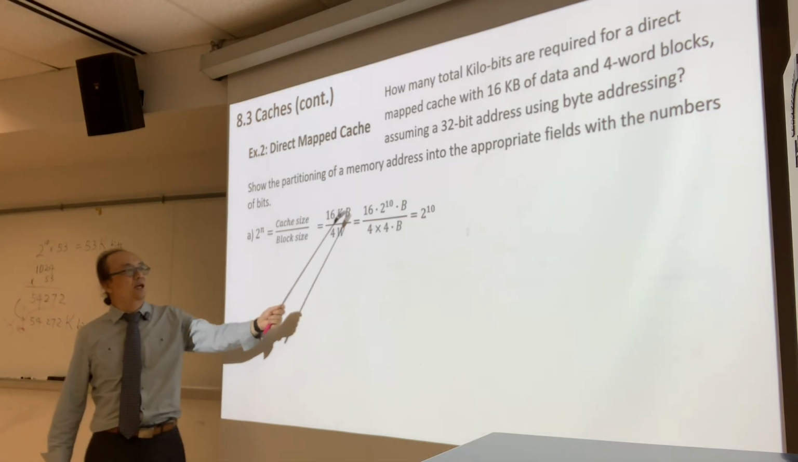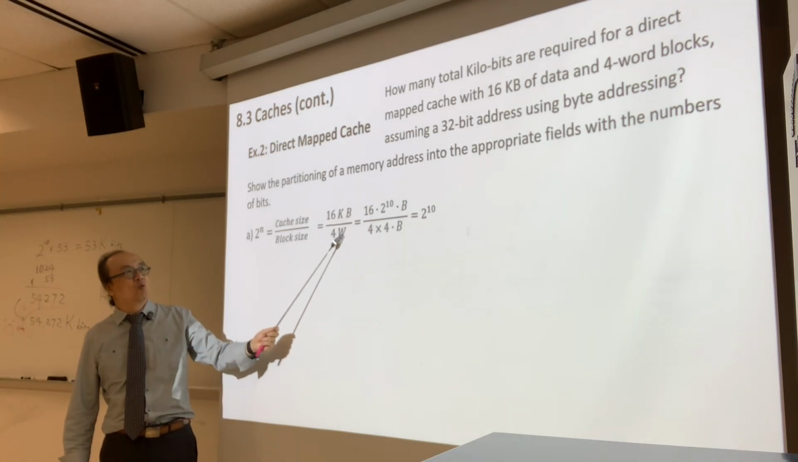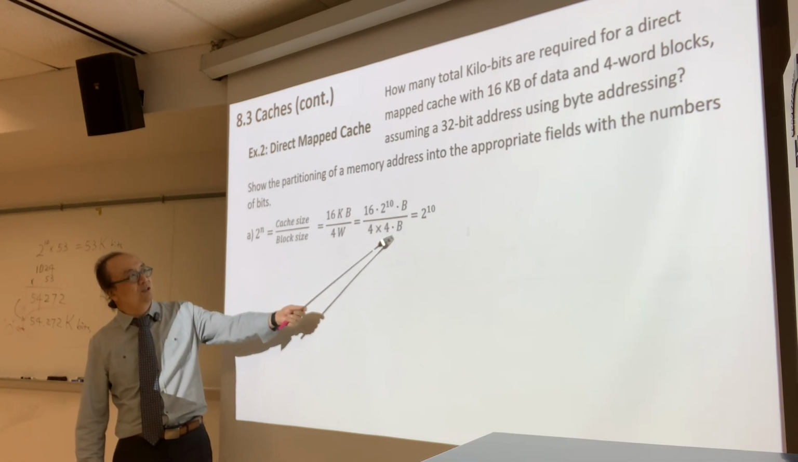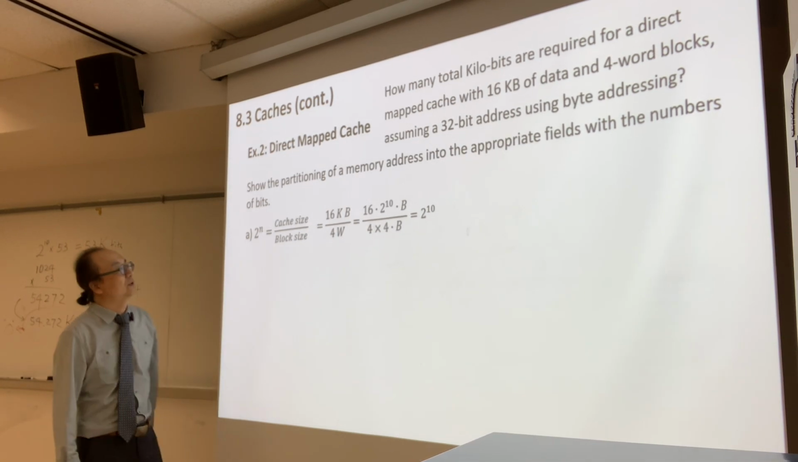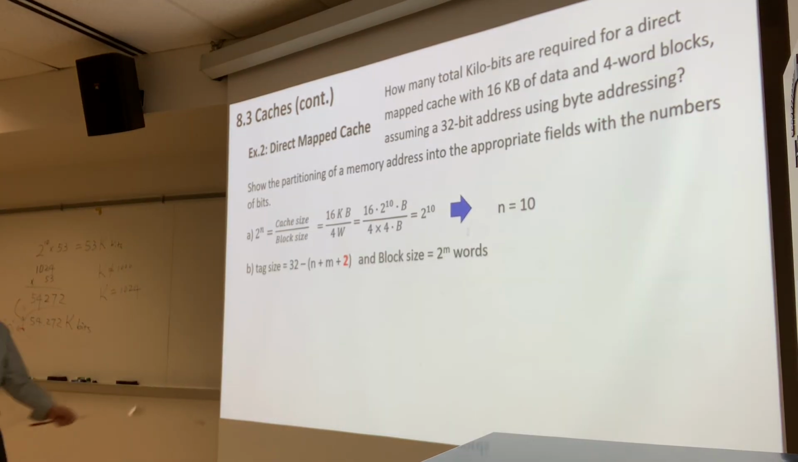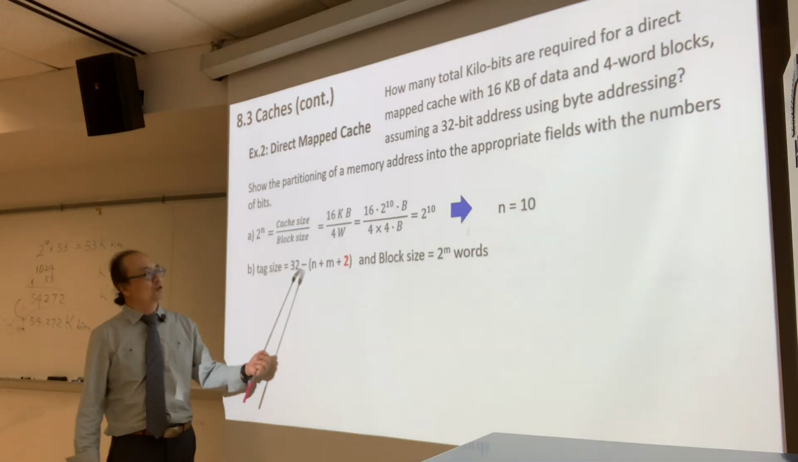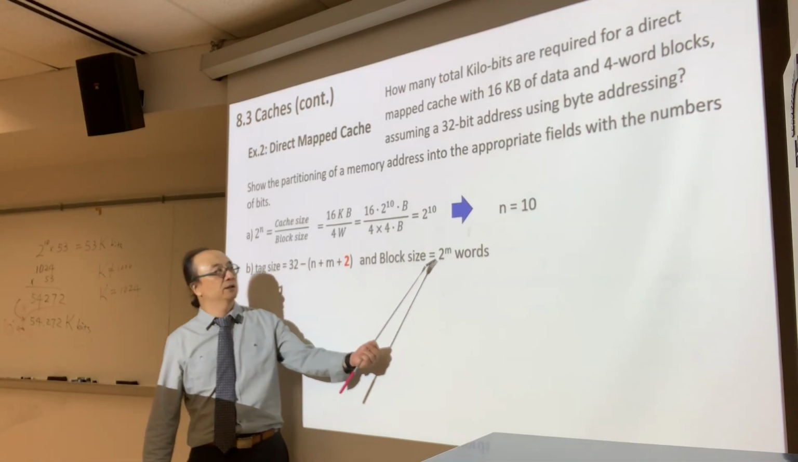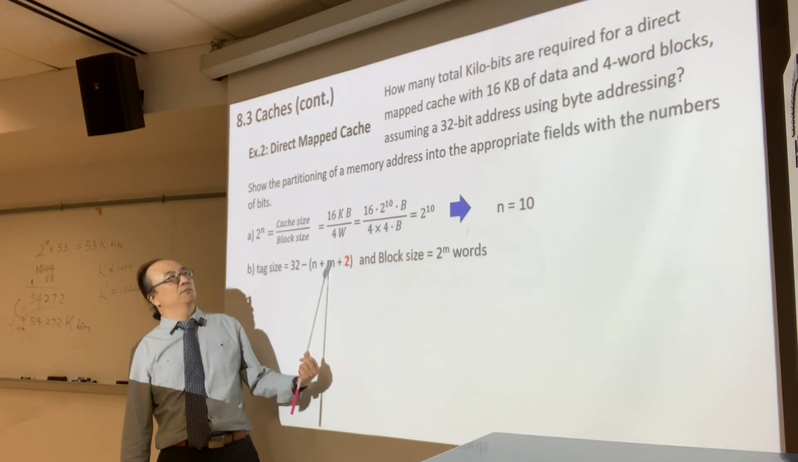So 16 KB over 4 words. A word is 4 bytes, so 16 KB over 16 bytes cancels to 2 to the power of 10 again. n equals 10. And then tag size equals 32 minus n plus m plus 2. To figure out the value of m, we're going